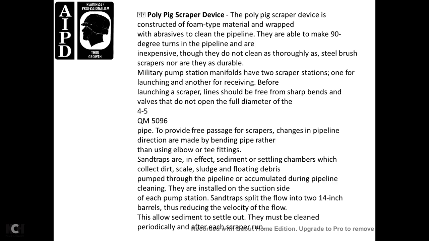Before launching the scraper, the line should be free from sharp bends and valves that do not open to the full diameter of the pipe, to provide free passage of the scraper. Changes of pipeline direction are made by bending the pipe rather than using elbows or T-fittings. Sand traps are in effect sediment and settling chambers, which collect dirt, scale, sludge, and